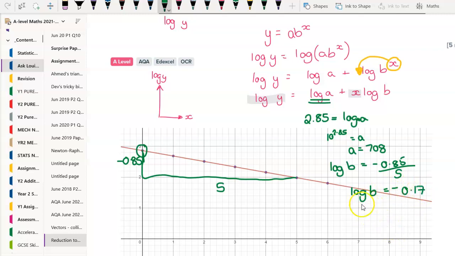So log b is that, so 10 to the power minus 0.17 equals our b. So 10 to the power of that is equal to